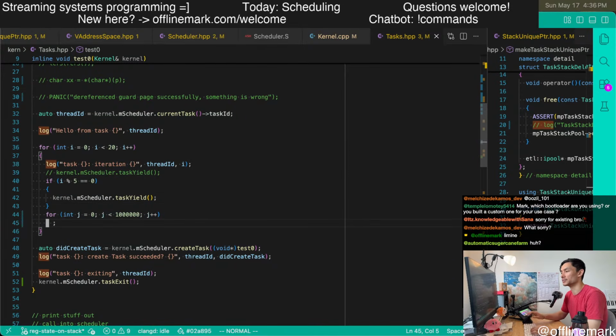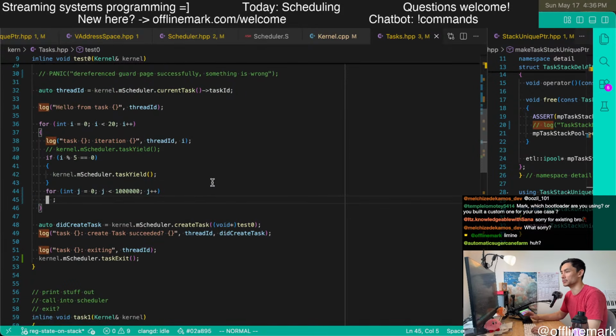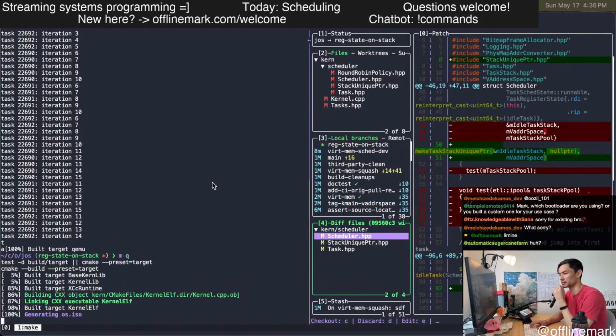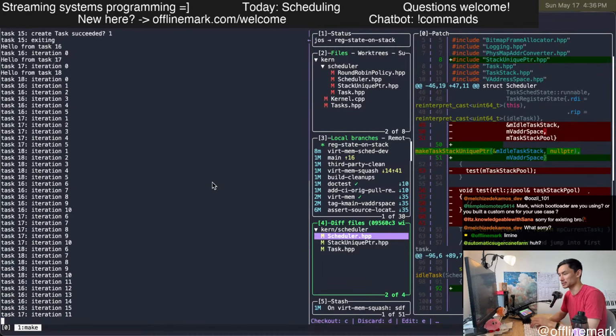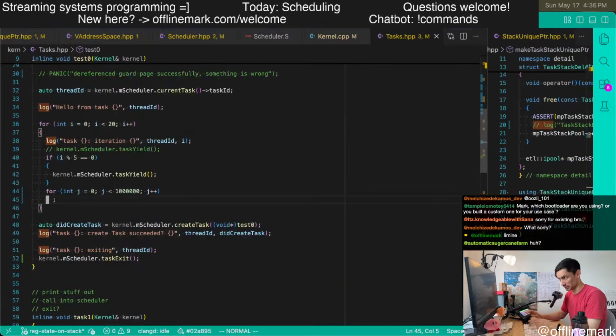I did have some sleep loops in there to slow things down so we can see things a little better, but it's still kind of fast.